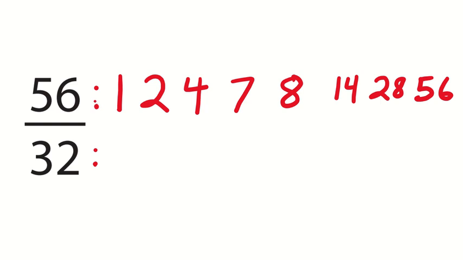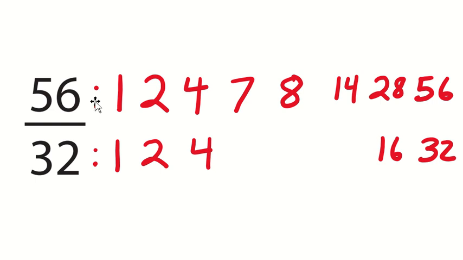So let's go ahead and do it. 1 times 32 is 32. Will 2 go into 32? Yes, it will. We know that 2 times 16 is 32. Will 3 go into 32? No. Will 4? Of course it will. 4 times 8 is 32. And I do believe that's it. Therefore, we just need to find the largest number that appears on both lists, and that is our